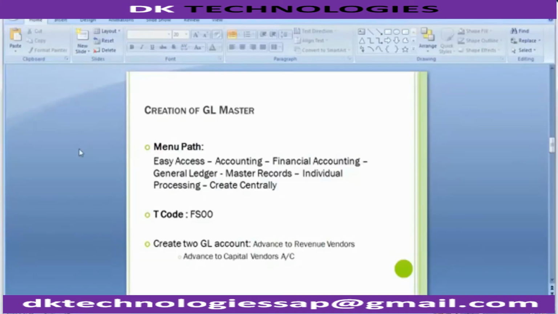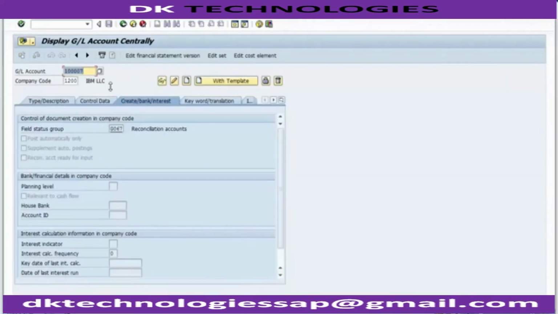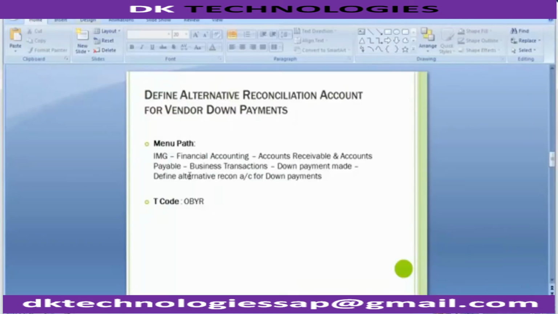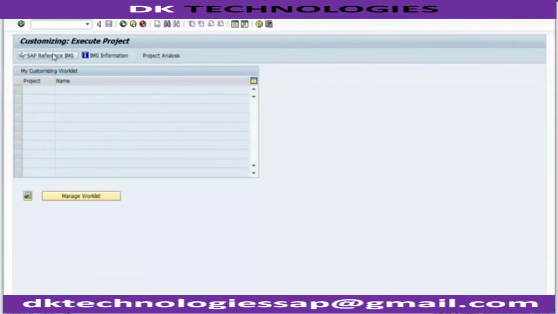Now moving up to the next step is define alternative reconciliation account for vendor down payment. Here we will be assigning those 2 GL accounts which we just created as alternative reconciliation accounts for the vendor down payment, and at the same time we'll be creating the special GL indicator. Now let's move with the path. There are 2 options, so we'll be going with the path SPRO, IMG screen,